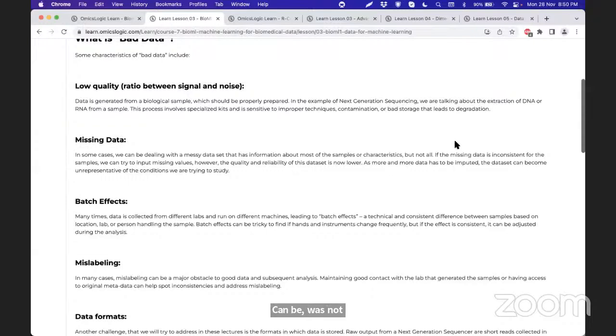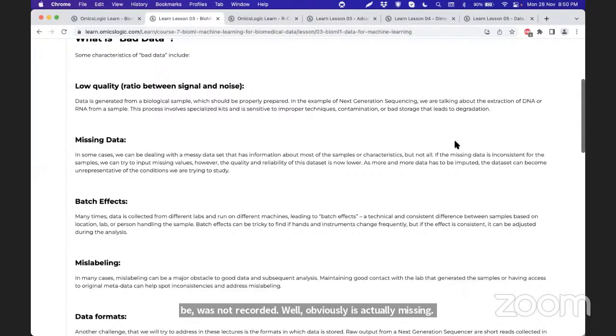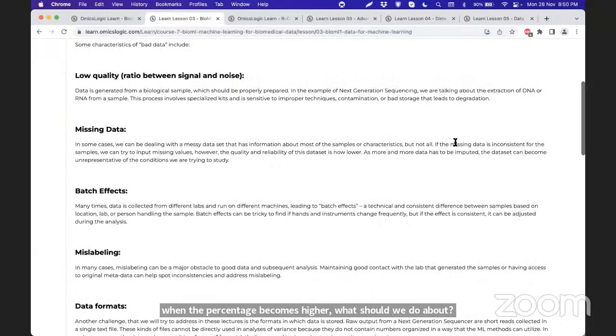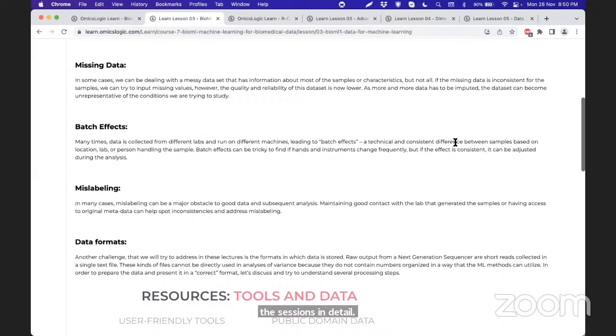So we need to know how to handle this missing data, and how much of the percentage is actually acceptable. And when the percentage becomes higher, what should we do about this missing data? We will discuss that in the sessions in detail, but we will quickly go through it in the next few minutes also. For example, we might encounter data with batch effects, that is, for example, a consistent difference